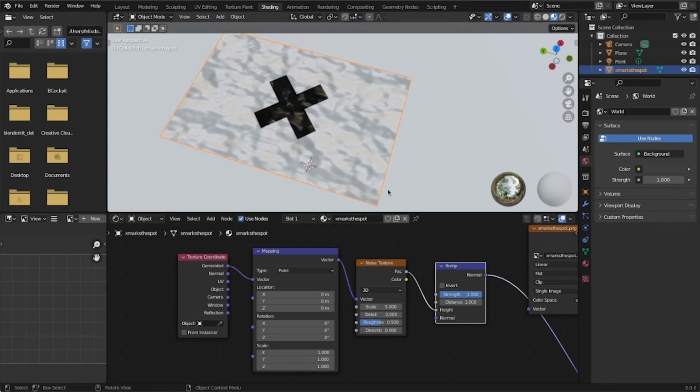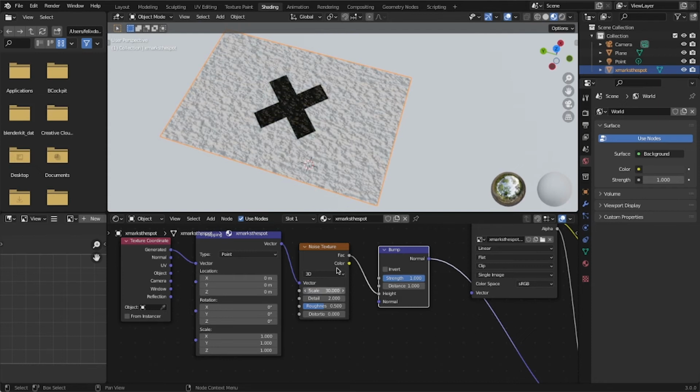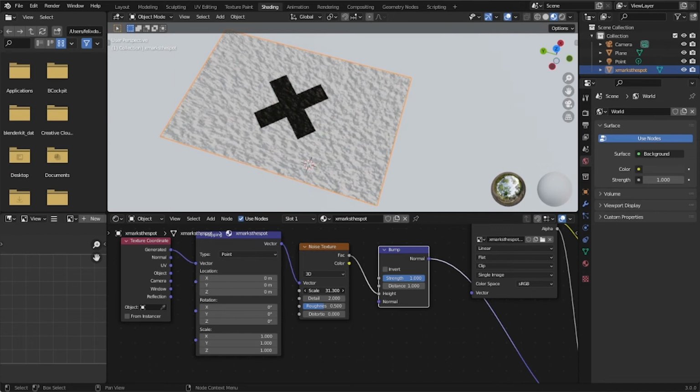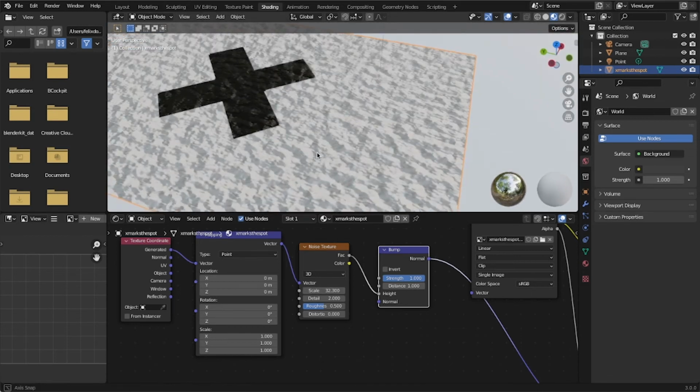And now we can go ahead and start tweaking our noise texture to achieve a paper-like look. And what I'm gonna do is put the scale to about 30. So as you see, we get a more fine structure on our surface. We're gonna turn up the detail a little bit,